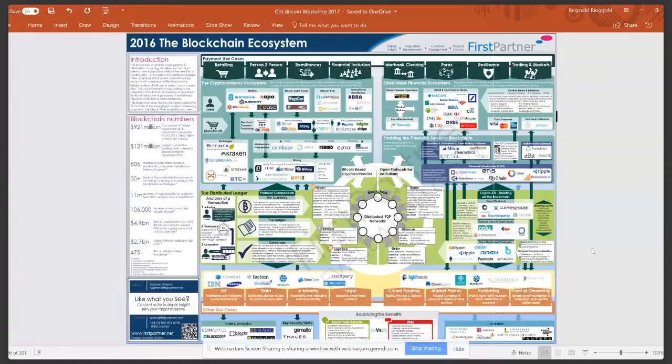Now, blockchain numbers. There's 921 million in cumulative VC investment in Bitcoin and blockchain companies as of October 2015, and that number has actually grown exponentially. We've seen it jump to billions now. There are a bunch of different companies in the space. The funding in total raised in the blockchain computer developers, 21 Inc. was actually one of the coins that did an initial crowdfunding or an ICO. They raised 121 million. And then there's